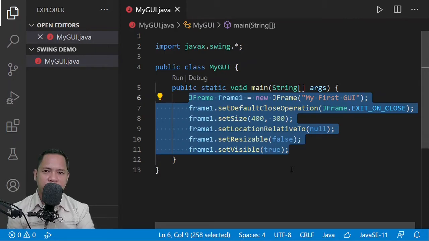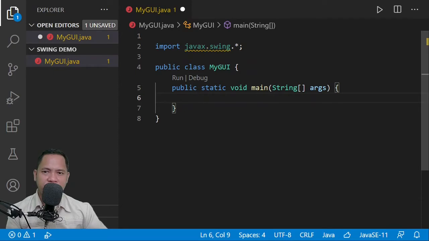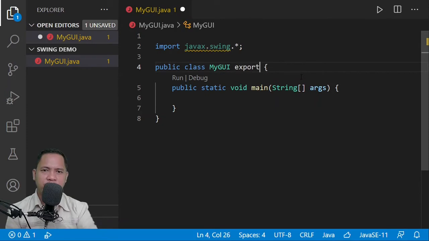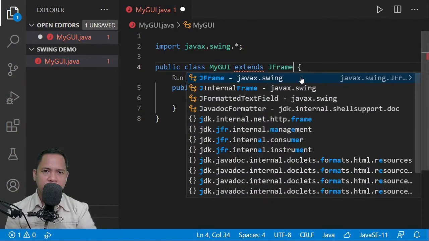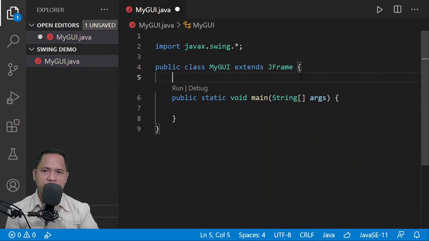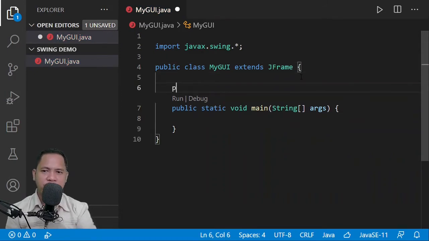The best way is to create a class and then extend that class to a JFrame or a panel. That's what we are going to do next. Instead of having to define your user interface in the main, you can define your user interface in the constructor. But first what you have to do is extends JFrame here, and then inside of our constructor,